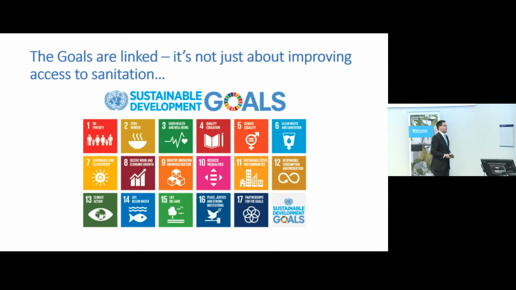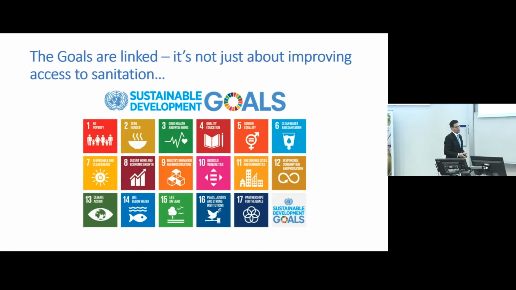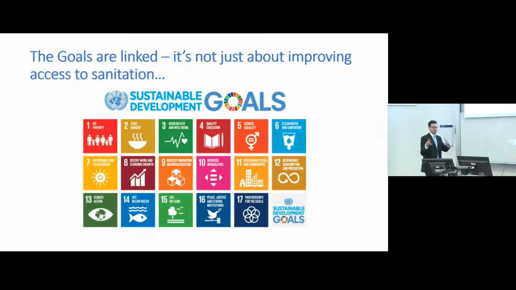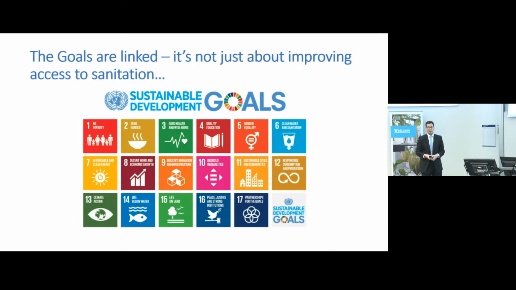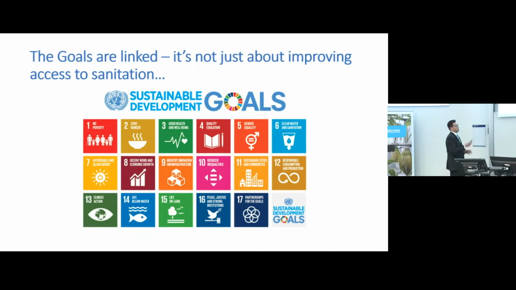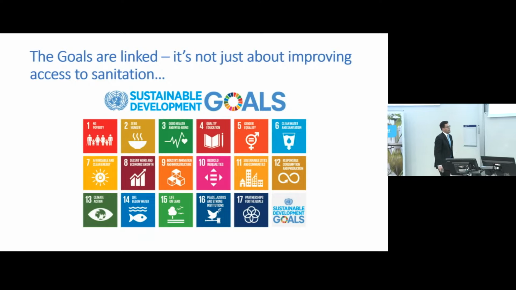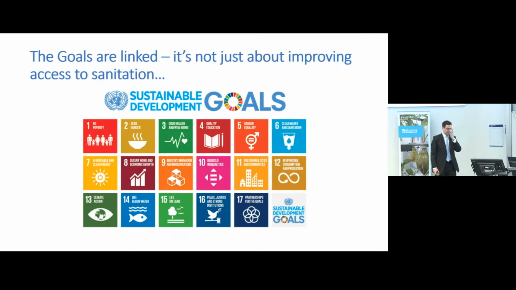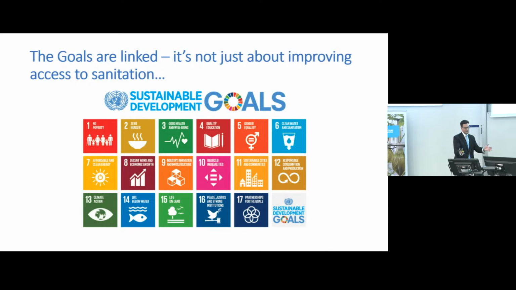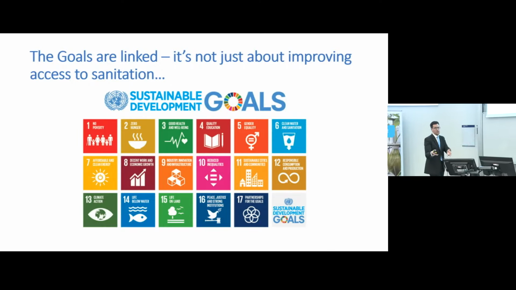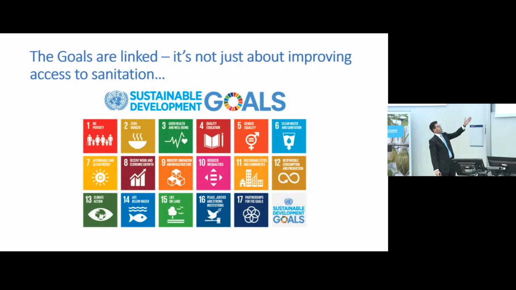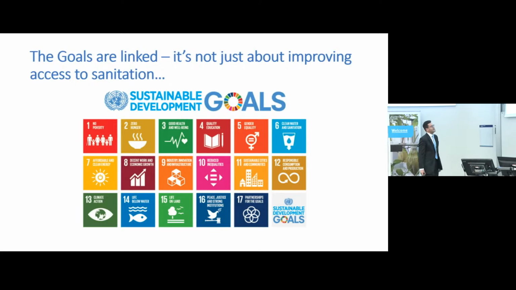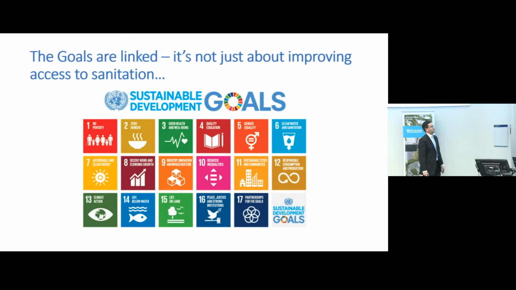And the last few slides are really about the fact that, and I tell this to the students quite often when I'm lecturing, as an engineer, you might be working on a particular piece of infrastructure, and in my case, as I showed earlier, it might be SDG 6 that I'm thinking of, clean water and sanitation. But really, these goals are closely linked to each other. And so, for example, if I'm building toilets in a school in Ethiopia, and I'm providing gender-segregated toilets, which have facilities for girls, when they reach the age of menstruation, which is quite often when they drop out of school in a lot of countries, that has a big impact on number 5, gender equality, and number 4, quality education, and of course, number 3, good health and well-being also.